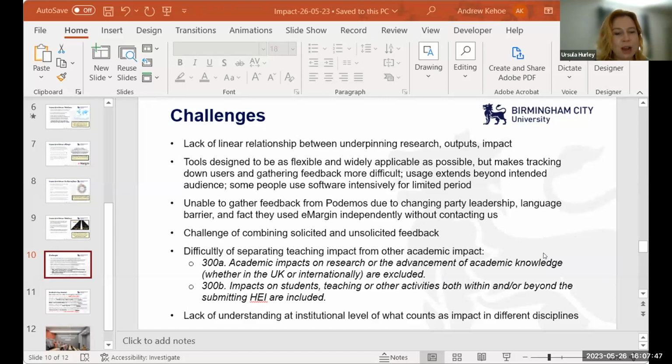But I think you're absolutely right. It's that lack of linearity, and particularly I think co-created research doesn't fit the model of the form that we have to complete. If you're co-creating, you don't do some research and then apply it. You are doing everything kind of braided all at the same time. So in a way, it felt a little bit artificial, it was really like imposing a narrative structure, thinking what are the underpinnings, what are the enablers, and just sort of trying to separate out the different elements of